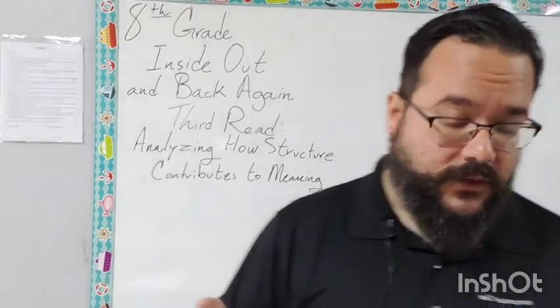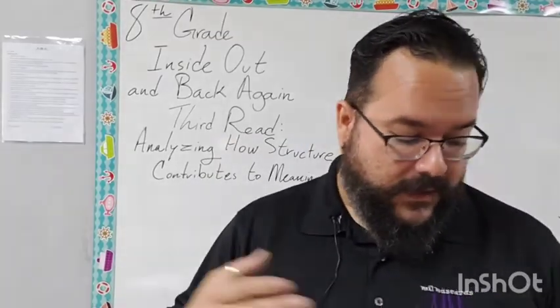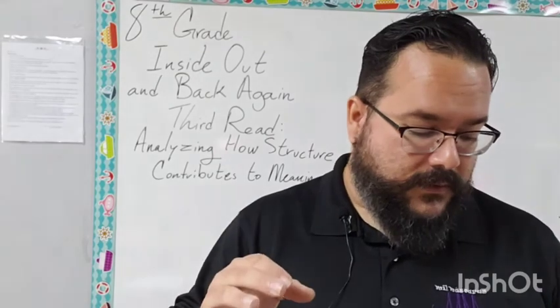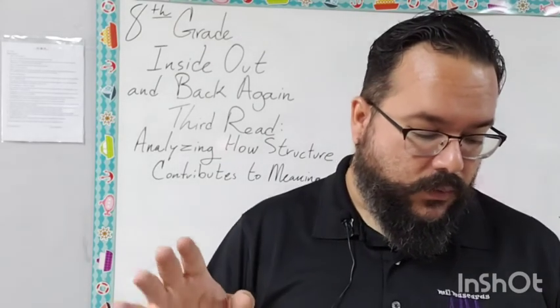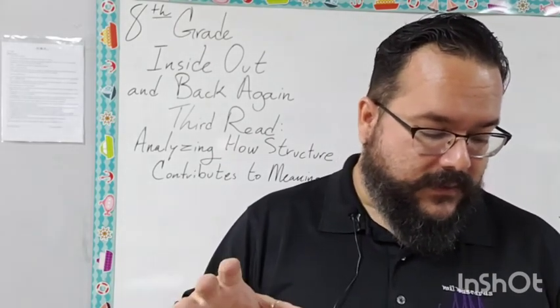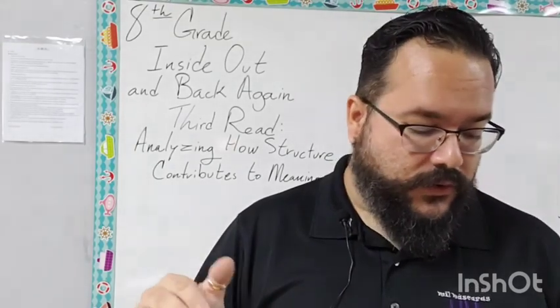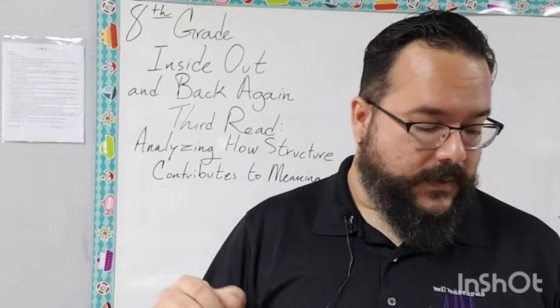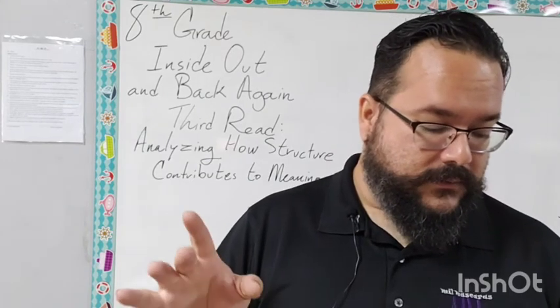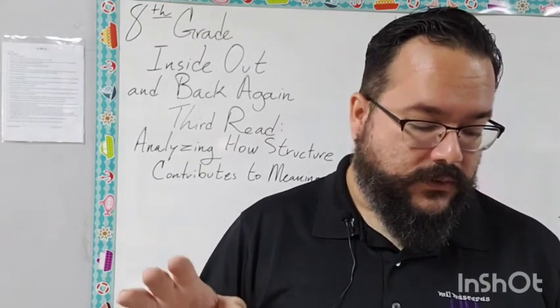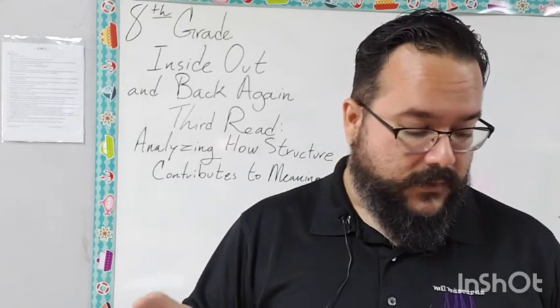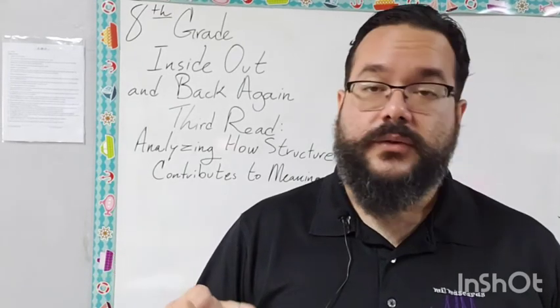For blank verse, we have the example, "But soft, what light through yonder window breaks? It is the east, and Juliet is the sun." Romeo and Juliet by William Shakespeare. I'm going to do that again. "But soft, what light through yonder window breaks? It is the east, and Juliet is the sun."